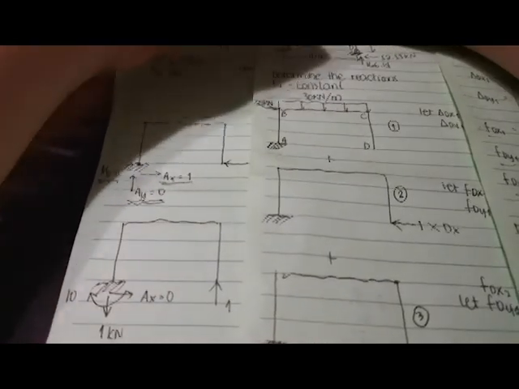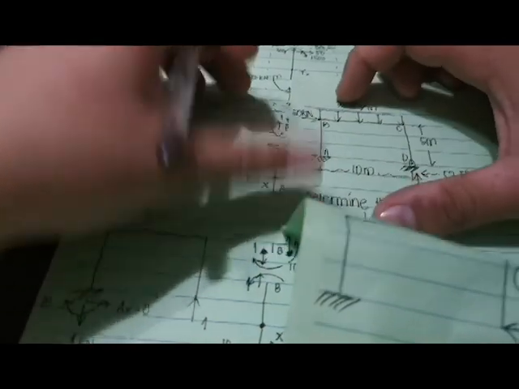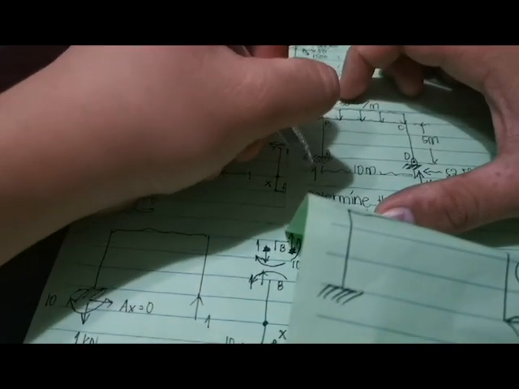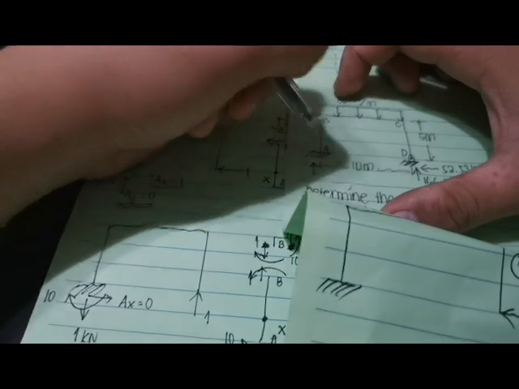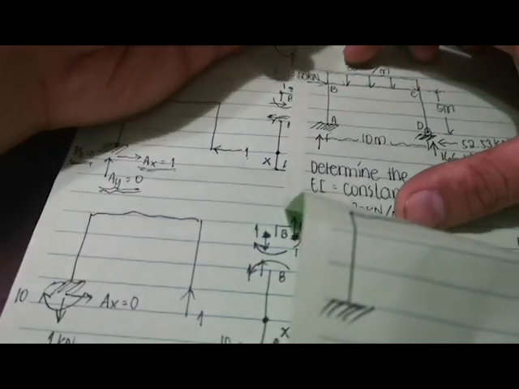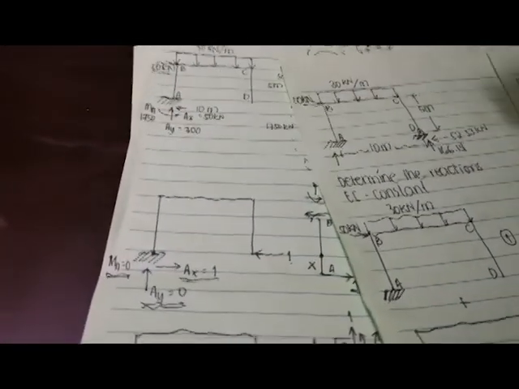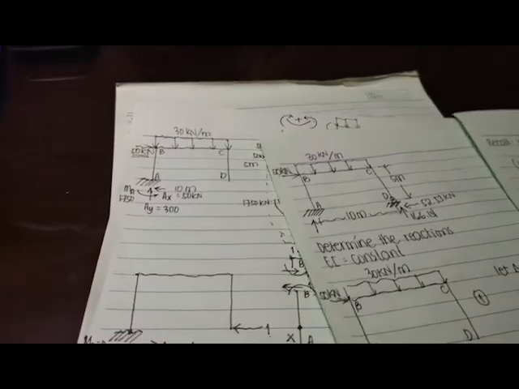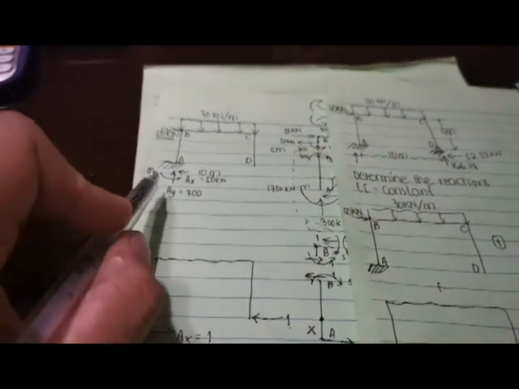So how are we going to determine our remaining reactions? Your horizontal reaction, your vertical reaction, and your moment at A. So let's refer to all our primary frames. So referring to your primary frames,